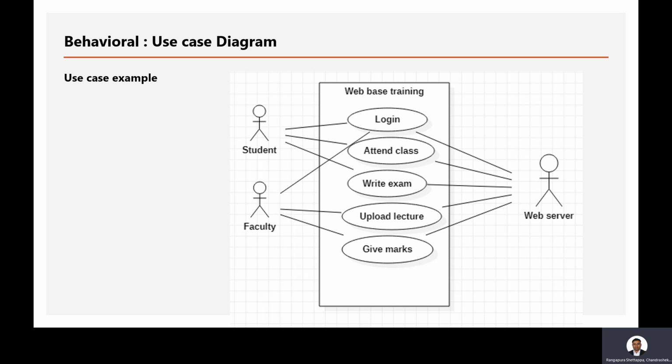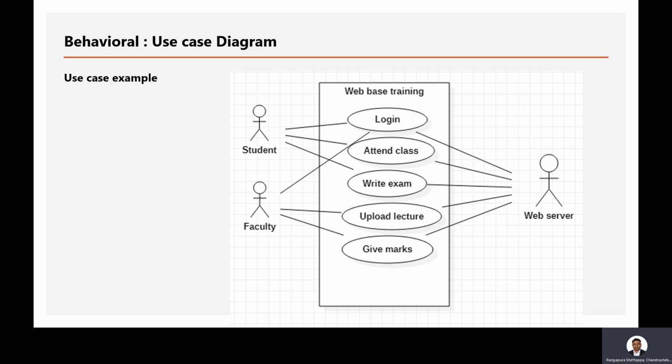Similarly, there are exclude use cases, meaning it is not mandatory to have this use case. They are optional use cases. For example, if you are filling an online form, clicking on help to understand it is an optional use case. Similarly, if you are booking a ticket, then giving feedback is an optional use case.